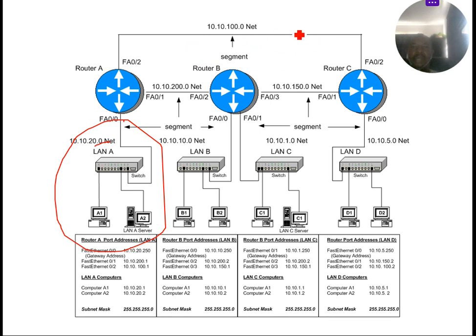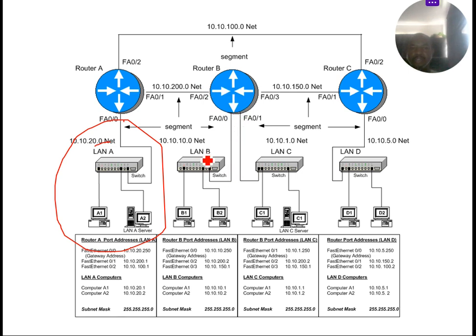So this can come to router C, from router C then back to router B. So there are two ways through which any data packet from LAN A can be sent to router B: either through this shortest path, a point-to-point link established between router A and router B, or through an IP address, a default gateway of 10.10.200.0, which is called the static route, because we have to establish this static route